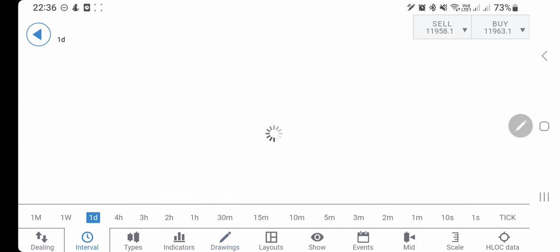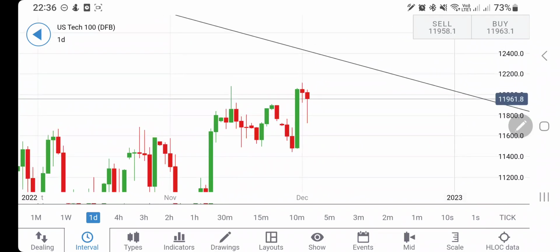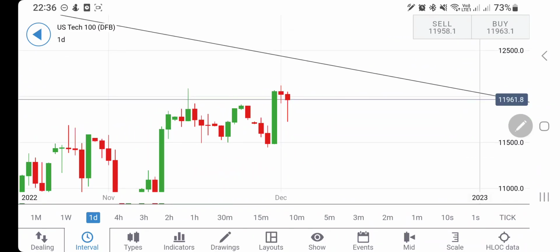Now let's have a look at the daily charts. On the daily charts, now look at the last two candles and the movement since last few weeks. You can find out 11,500 providing it a very strong support. If you recall last couple of weeks analysis, I told you the same. 11,500 certainly is going to be a good support,